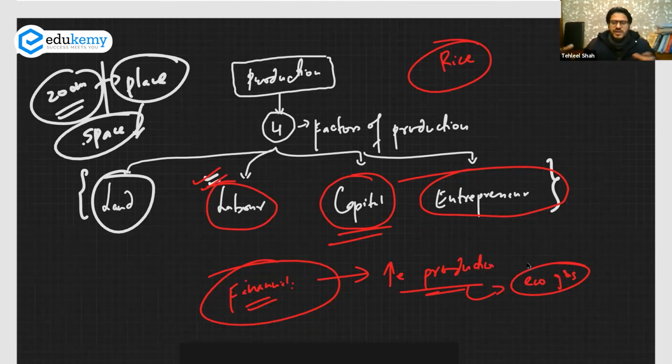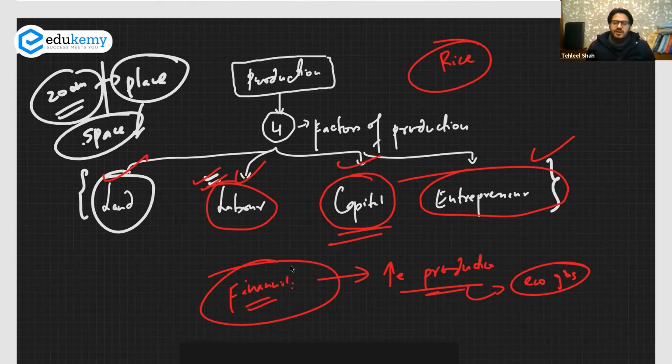We started the bridge course. Now these are the types of productions that we have been continuously doing for the last 2 to 3 years. This is how we have been able to scale up the production and convert it to a monetary benefit for all of us. Now, this is how you actually increase your income. You have to start producing right now. If you have a financial problem, just start any production. Do whatever you want to do, just start the production. You will earn income. And for starting the production, you need 4 important factors of production, that is land, labor, capital, and entrepreneur. Just remember that.